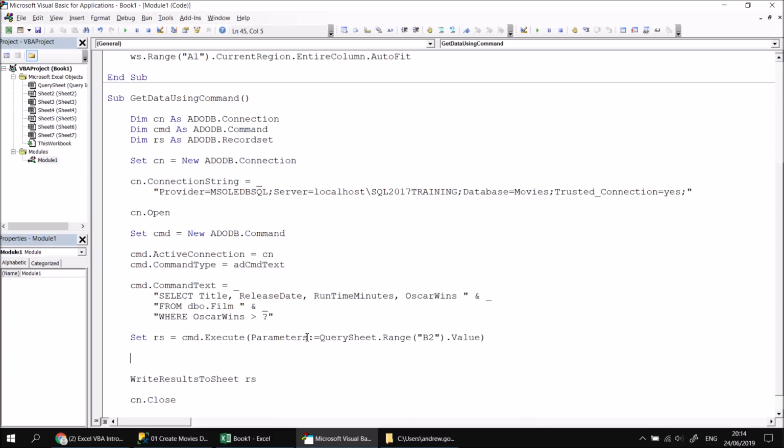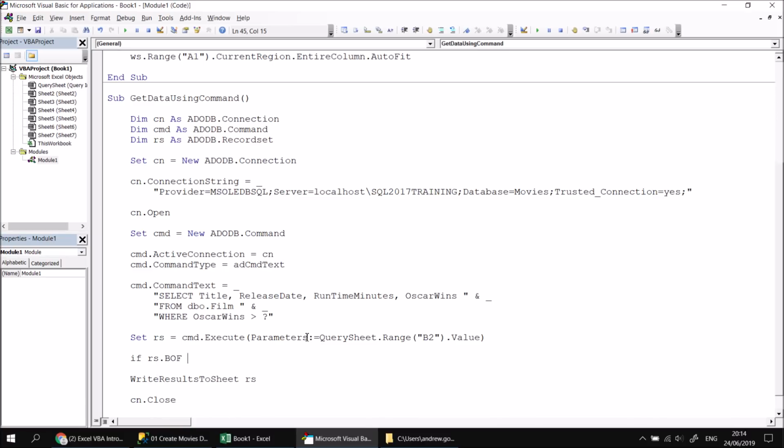When you open a recordset, the recordset contains all of the records, and then at the very beginning of the recordset is a marker called BOF, beginning of file, and then at the end of the recordset is a marker called EOF, end of file. If the recordset doesn't contain any records, then the pointer, the cursor, is sitting on both the BOF and the EOF marker at exactly the same time. And the only reason that could be the case is if there aren't any records in between them. So what we could do is check if rs.BOF